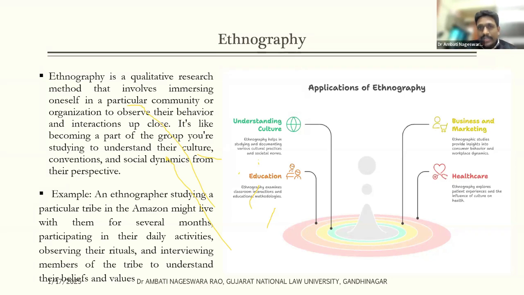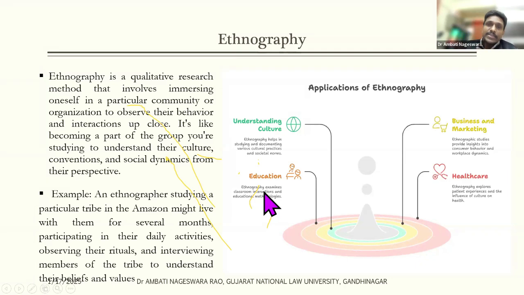If you really want to understand, there are so many anthropologists, sociologists, or in general social scientists who spend their entire lifetime. Even I'm not able to recollect, sorry to say this. There are some anthropologists who settled with the tribals, who got married to them, learned the language, and were able to come out with good knowledge as a part of the research work. So one can apply ethnography as a part of understanding the culture.